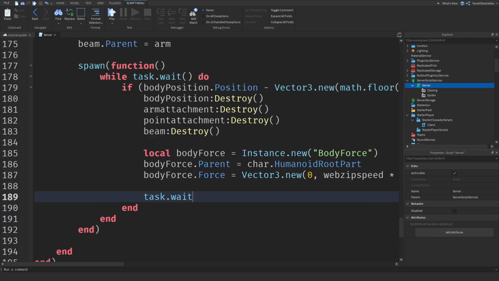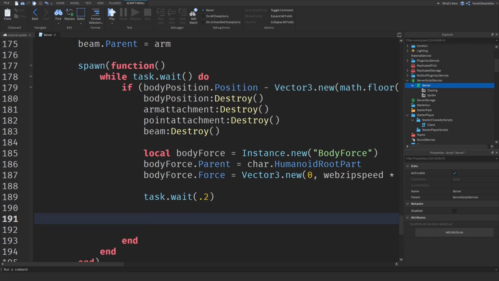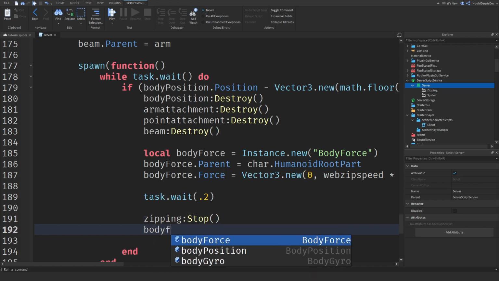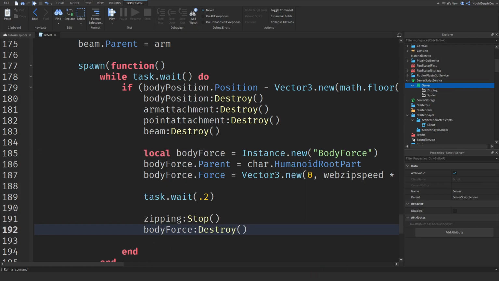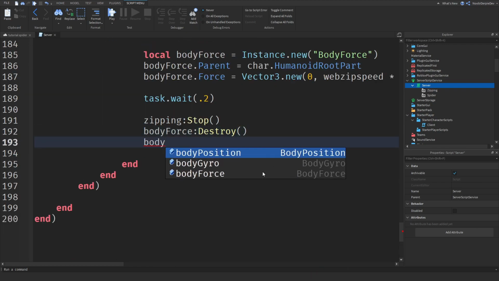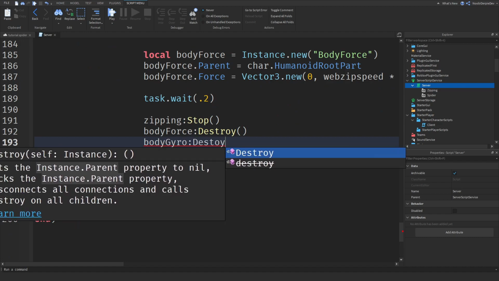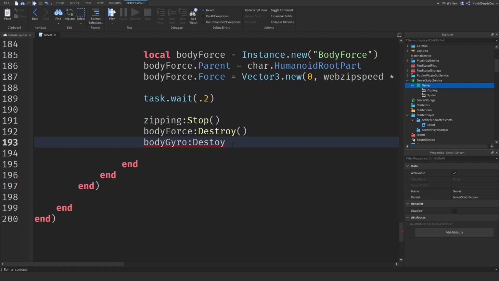We'll wait 0.2 seconds, and then we'll do the last part, which is actually zipping, stop, body force destroy, body gyro destroy, destroy, destroy,